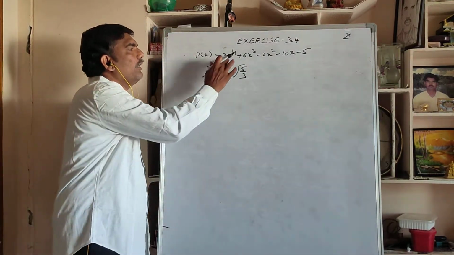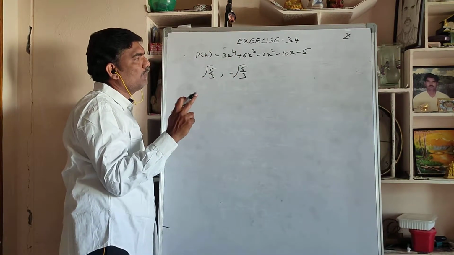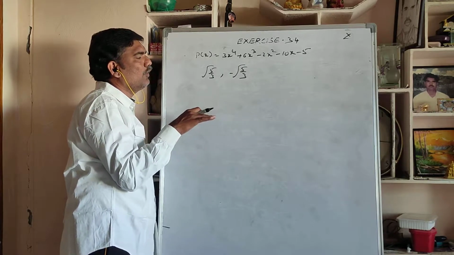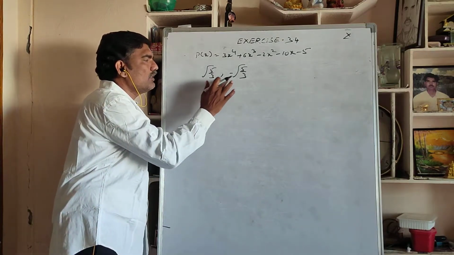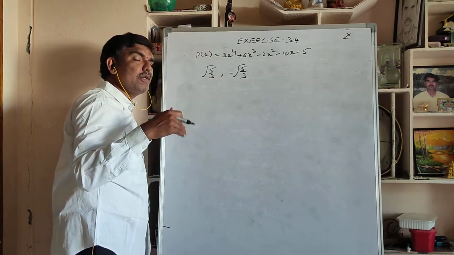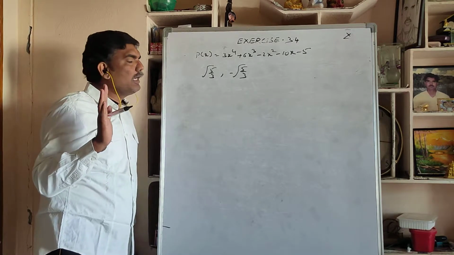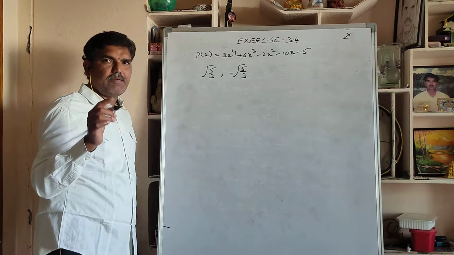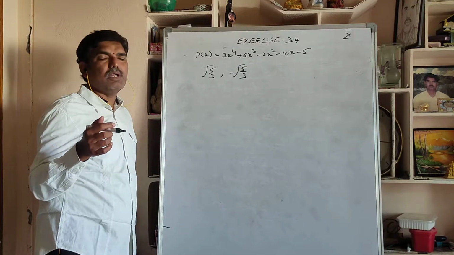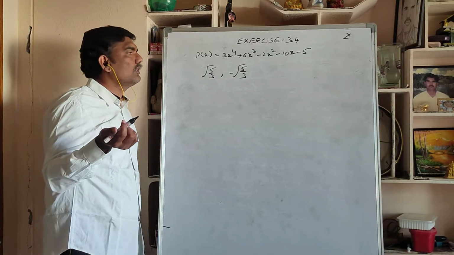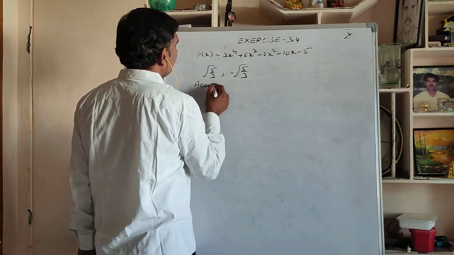First, the degree of this polynomial is what here? 4. By seeing the degree is 4, how many zeros will you get? 4 zeros. So what he is asking is, 2 zeros he has given, and the remaining 2 zeros you have to find. In a 4th degree polynomial, in the question they gave 2 zeros and he is asking to find the remaining zeros. Okay.